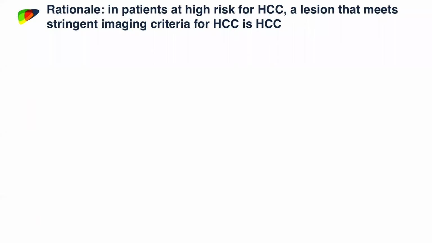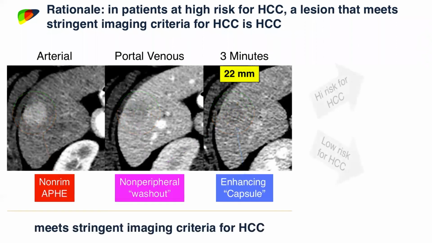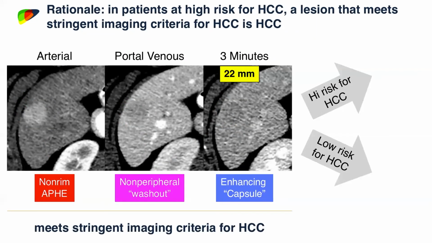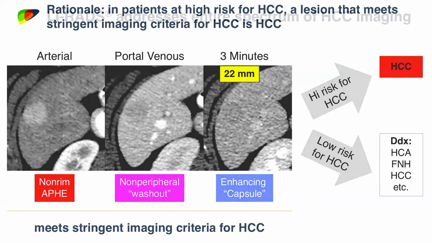Now, the rationale is that in patients at high risk for HCC, a lesion that meets stringent criteria for HCC is HCC. So it's a combination of having high risk plus stringent criteria. This case I already showed you earlier. So this is a woman. This woman does not have cirrhosis. So if she did have cirrhosis, we would have said this is an HCC, but this particular woman does not have cirrhosis. So I'm going to go fast through this case because we already saw it. And the important point is that if this patient has cirrhosis, we can apply LI-RADS. If this patient doesn't have cirrhosis, we must not apply